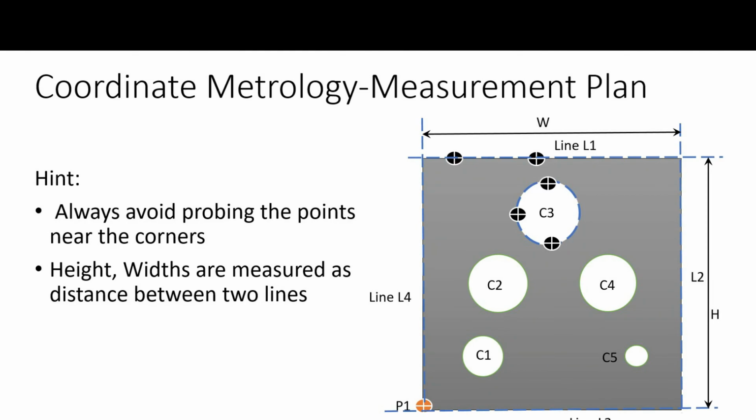In conclusion, as reverse engineering, we are just probing the points of a given product, and the mathematical models of line element, circle element, and point elements are fitted over it, and we are using the software to measure the distance, diameter, parallelism, perpendicularity, and all kinds of form measurements in a single equipment.